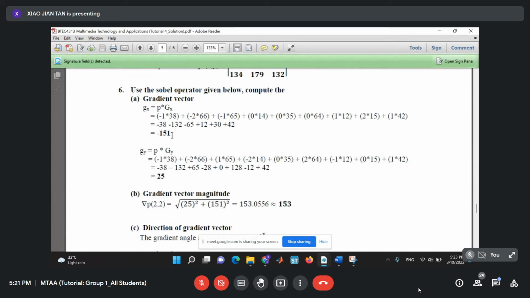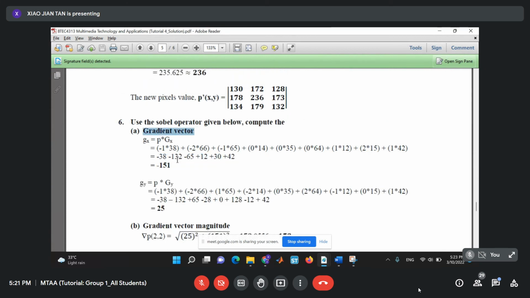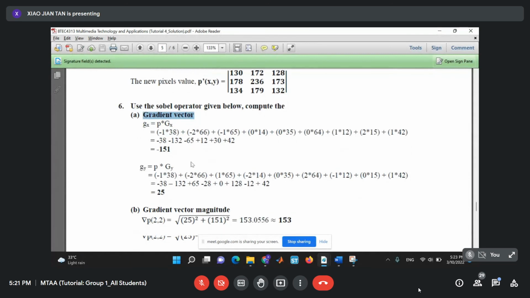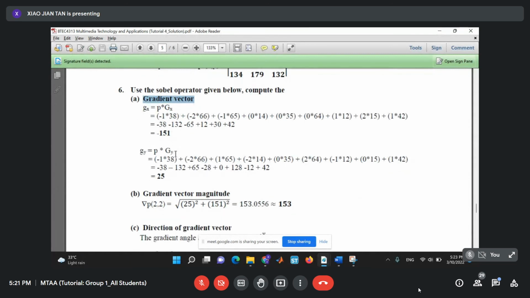Okay. So basically, you just multiply and you will get this value and this value. It's normal to get a negative value because you have plus and minus here. And then later on, you need to count that. That's all for the gradient vector, because the gradient vector is possible to have negative value as well. So later on, after this one, you can actually